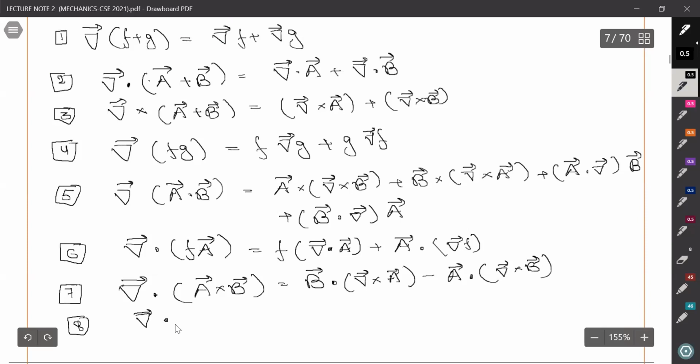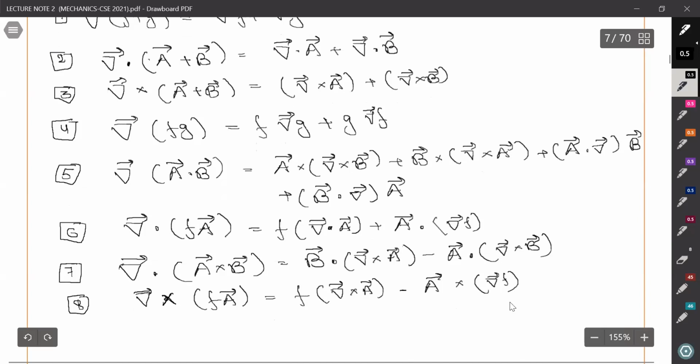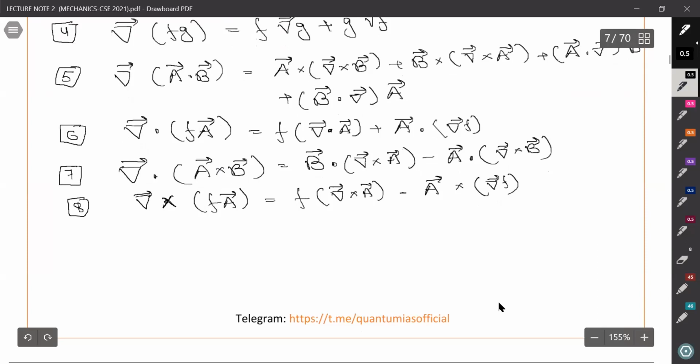Okay, come with the cross product. If we have a scalar multiplication with vector, so we can write this as above with a minus sign here. See, we can define cross product and dot product for vectors only. So whenever this operator is operating on this scalar function, it is making this a vector function. We know that gradient is a vector function.